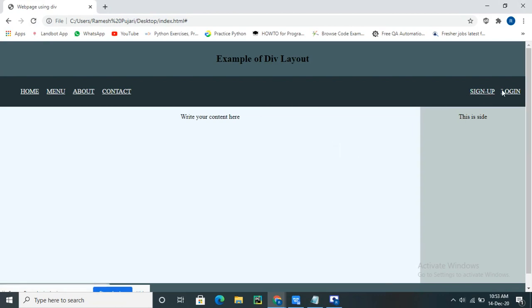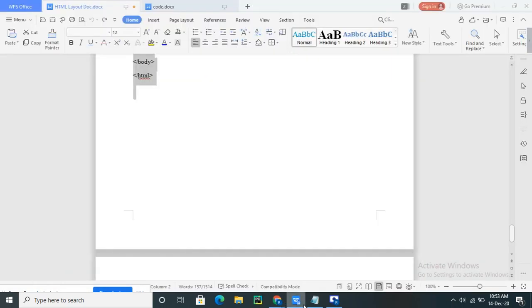You can observe these are the login and logout buttons. This is the sidebar, and whatever content is there you can write here. These are the links. If I click on this, it will go to another page, or if I want, clicking on this will display the content here itself on the same page. So based on our requirement we can make use of this.